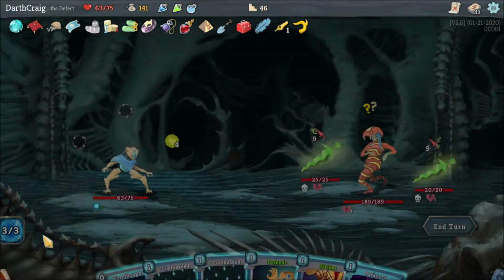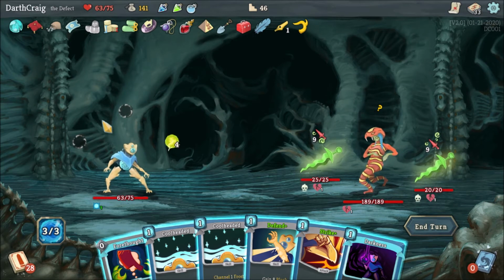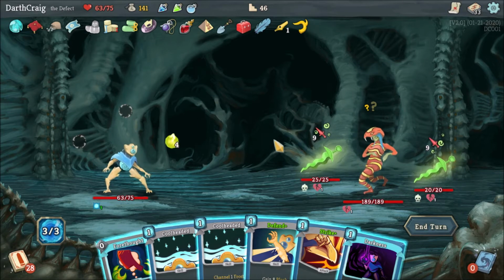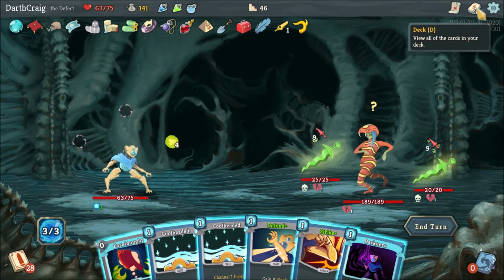Okay, with that said, let's take a look at our opening draw. So we have a little bit of defense here. We don't really have a lot of attacks, so we can't really do much on this here. I did say that I'm planning on saving Forethought for